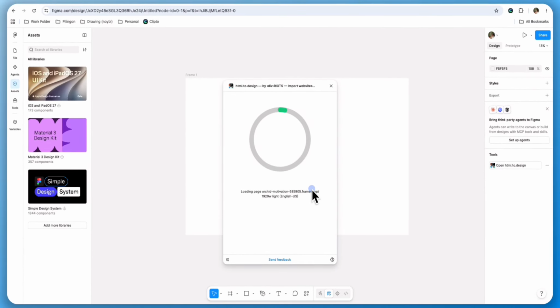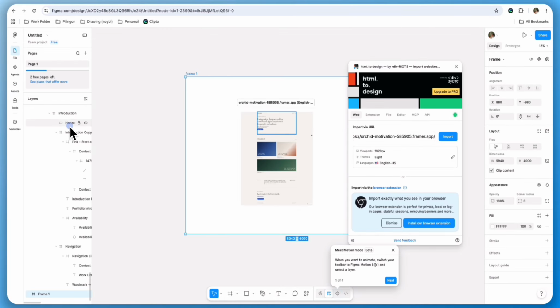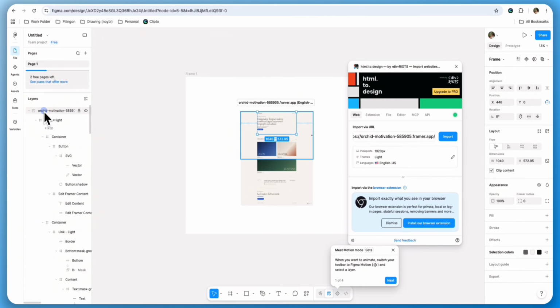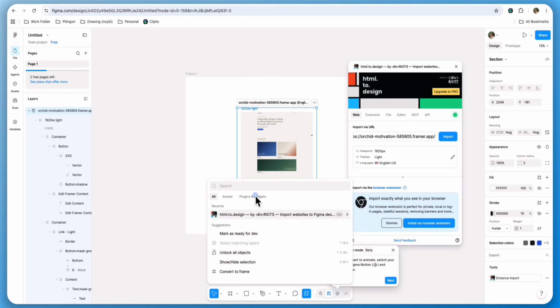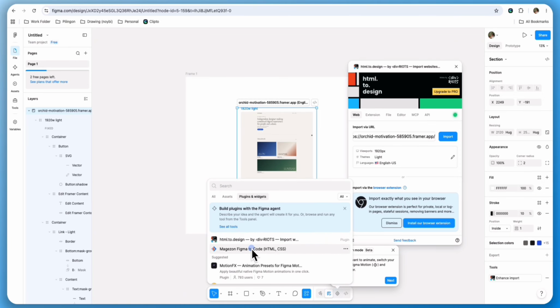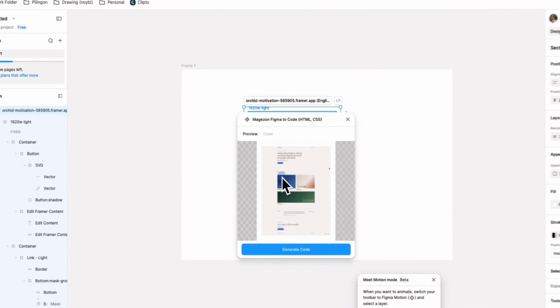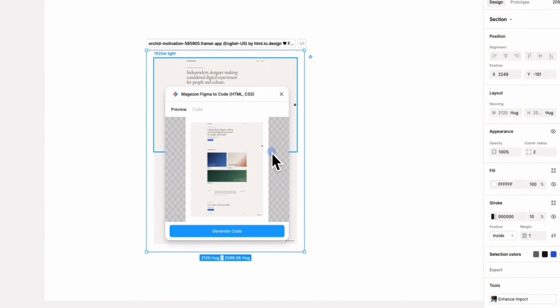And after a few moments, the pages and elements from your Framer website should appear inside the Figma file. And once the import is complete, use the layers panel to choose the main layer or the specific section that you want to convert. And from there, open the actions menu and select plugins and widgets, and then search for Magazone Figma to code, then launch the plugin, and this tool will read the selected design and prepare it for